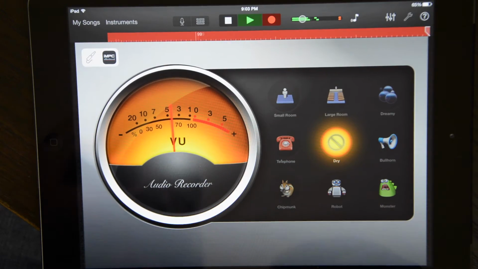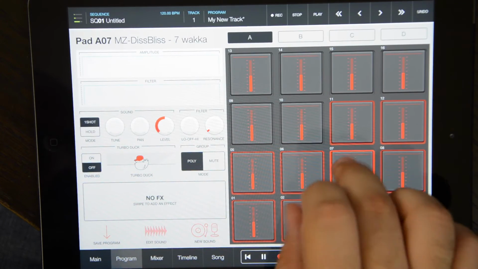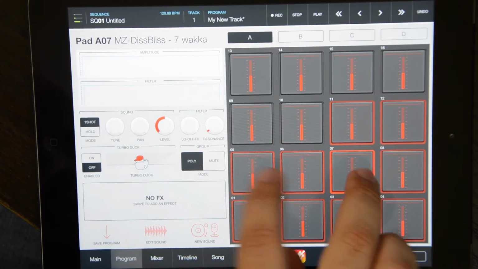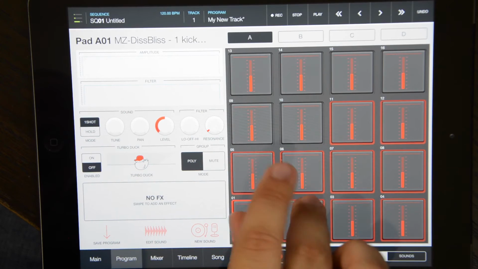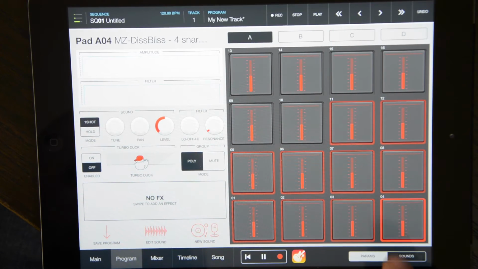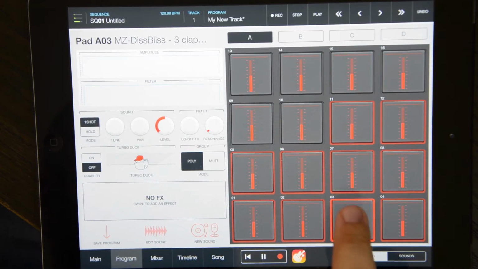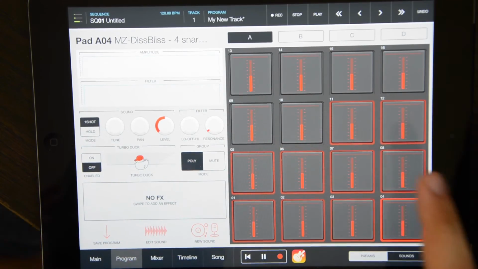Whoa. That was unexpected. I think it's interesting that I have three kick drums right here. The snare is really noisy, and the clap is more of a, I don't know, because the snare is so noisy I wouldn't rely on it too much. I'm just kind of making assumptions right now without getting into it.